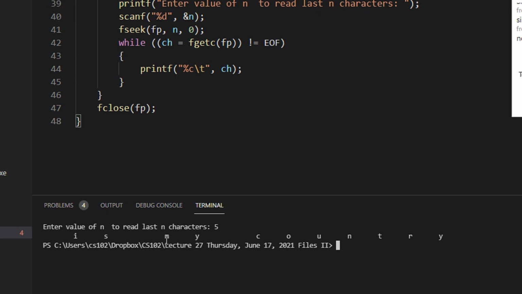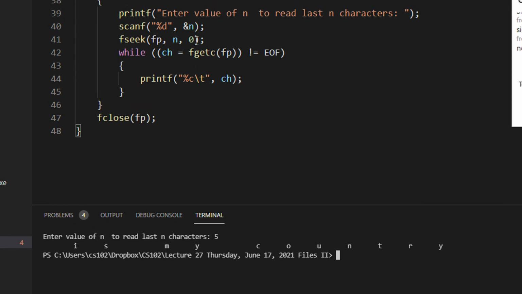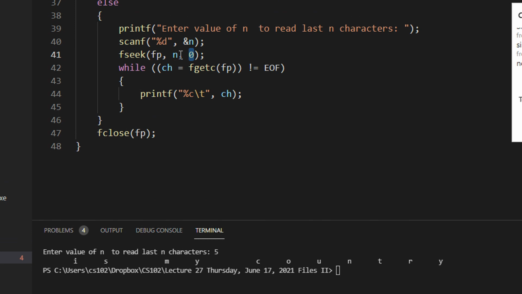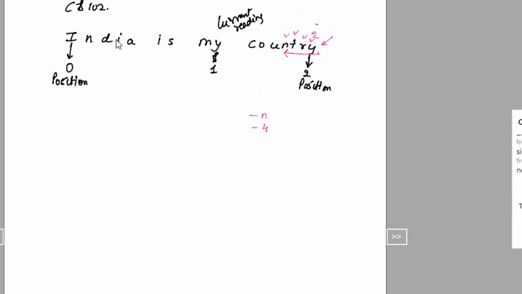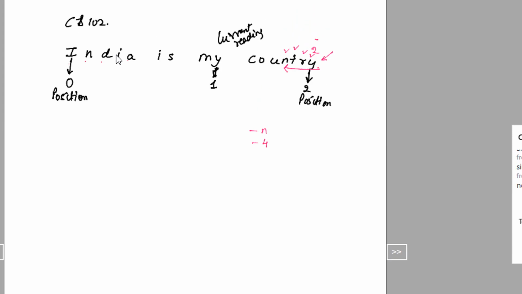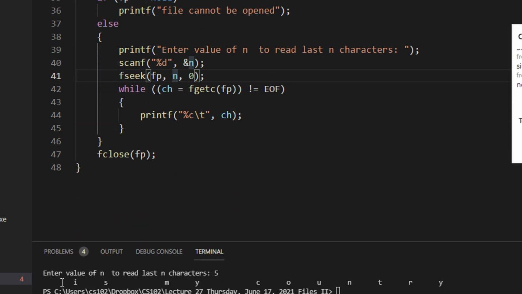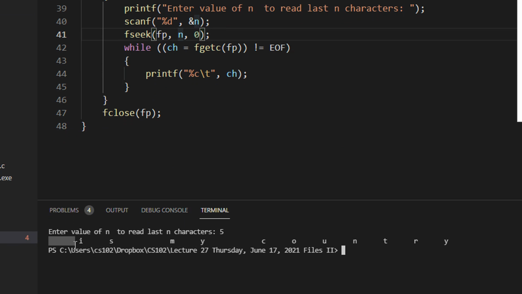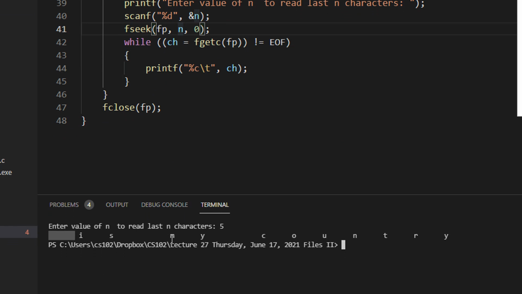From the beginning, I jump 5 bytes. n was 5 in our case. So "India", 1, 2, 3, 4, 5. I reach from 0 up to 5 characters, and then I read everything. You can see the space after India is also coming, then "is my country".